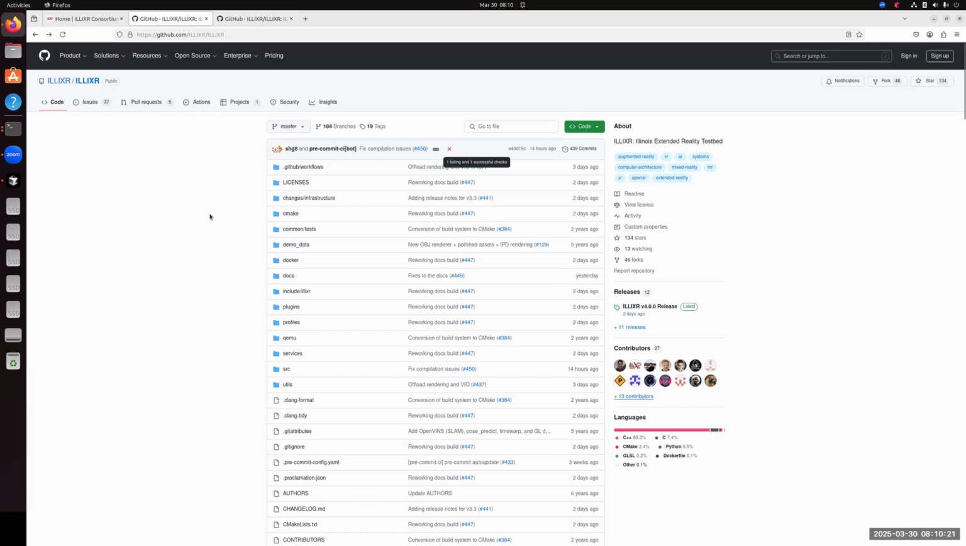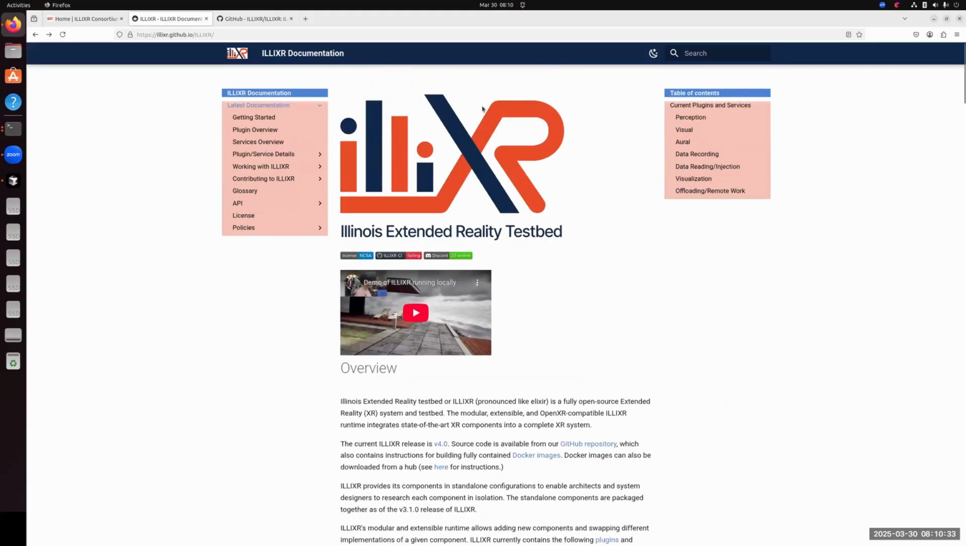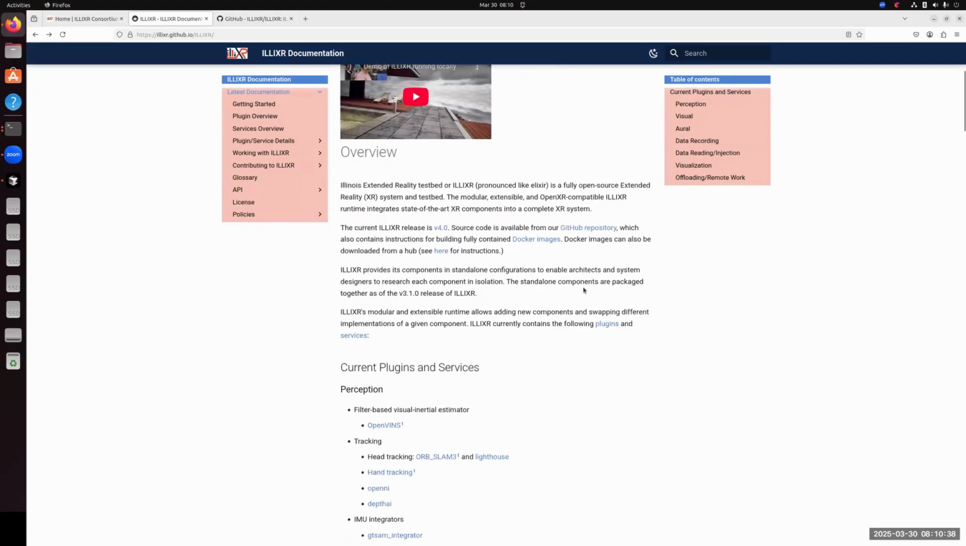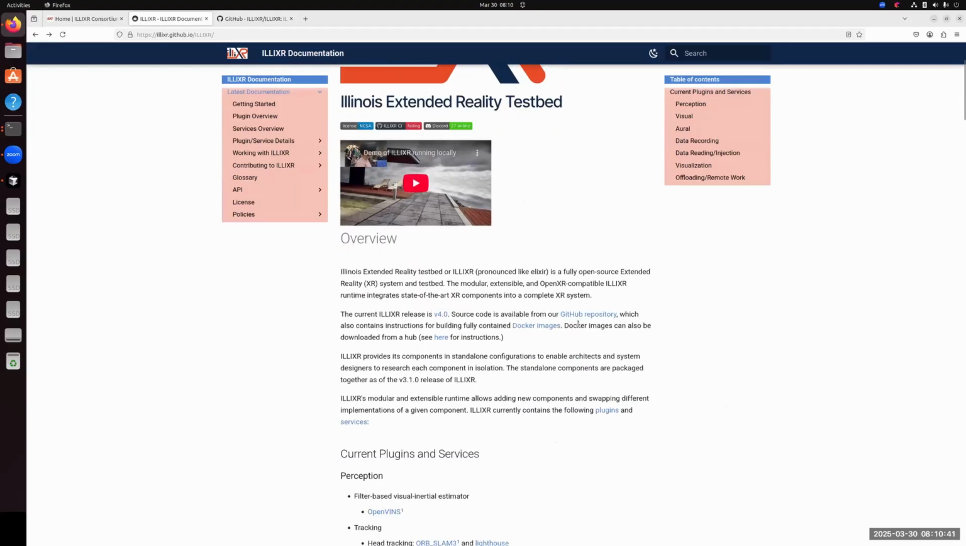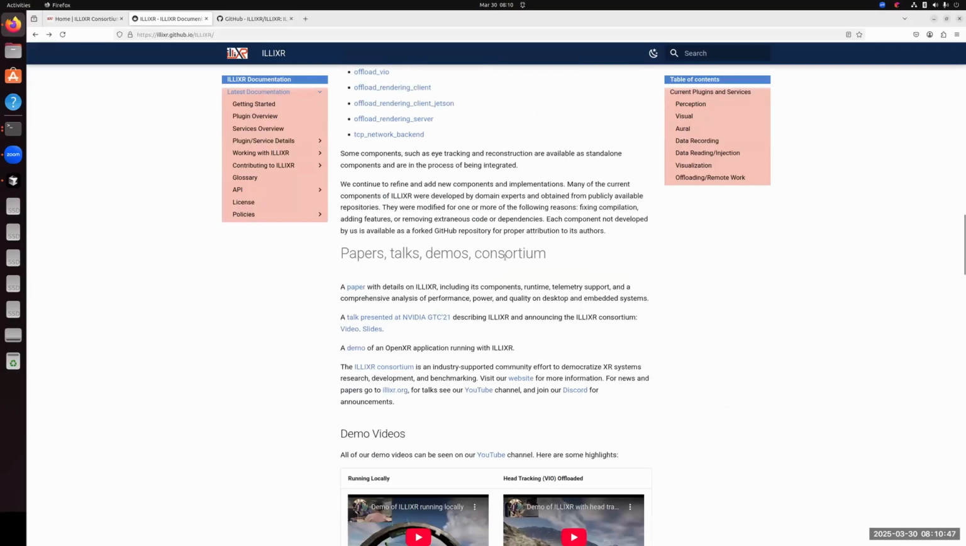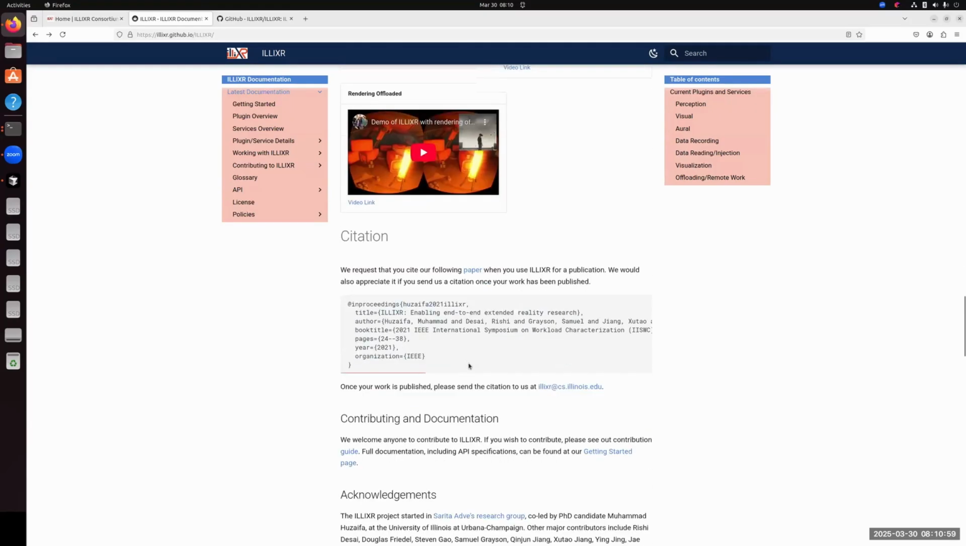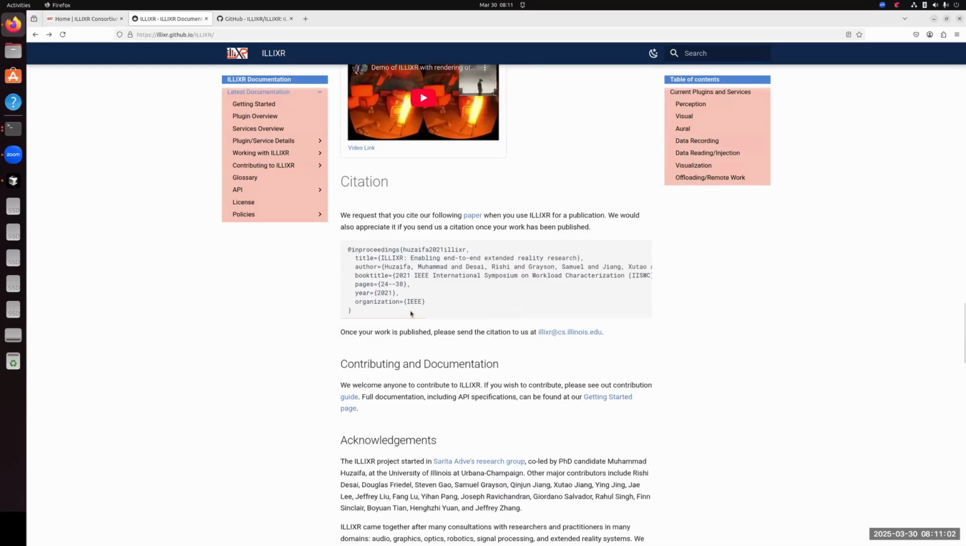So if you're interested in keeping up to date with Elixir's development, the GitHub repo would be a great option to do that. So I'd like to get back to the documentation and talk a little bit about how to get started with Elixir. Our overview page provides some of the more generic information about the different functionalities and plugins, and we have a section about our publications as well with links to our paper, demo, and more resources. We also have demo videos here, and here's the citation as well,